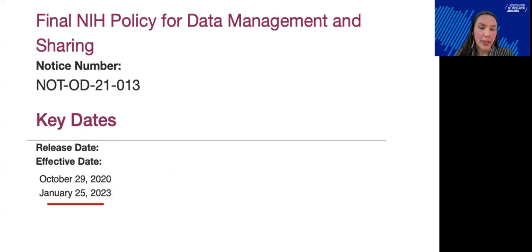All right, so it's worth noting that these reported practices and expenses were collected just before the NIH policy for DMS went into effect in January 2023. The new NIH policy aims to streamline and improve data sharing while also asking researchers to budget for DMS specifically, and I'm sure everybody on this call knows that. Our research shows that even before this policy took effect, DMS was being done by NIH researchers, and these activities had a cost, even if that cost was not budgeted for, or even if the actions being done during the research lifecycle were not recognized by the researchers as actually data management and sharing activities.